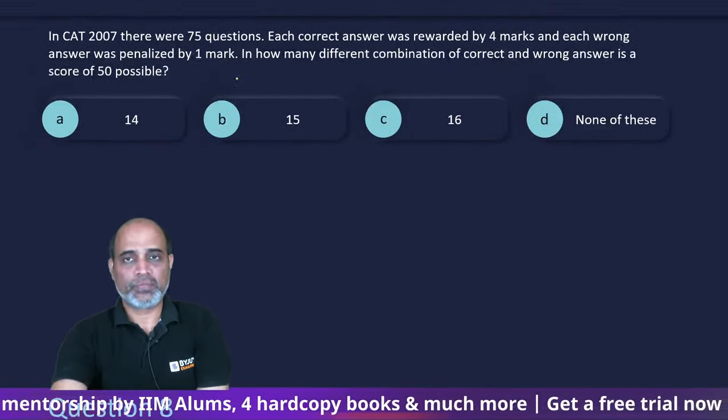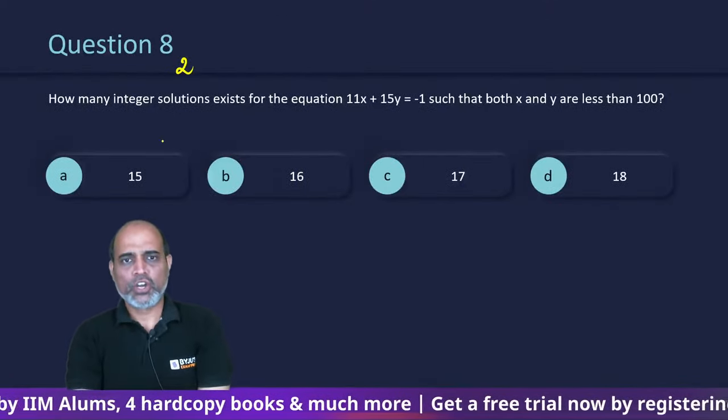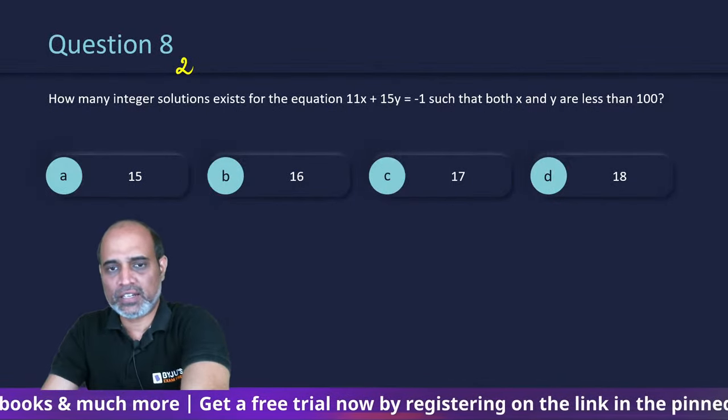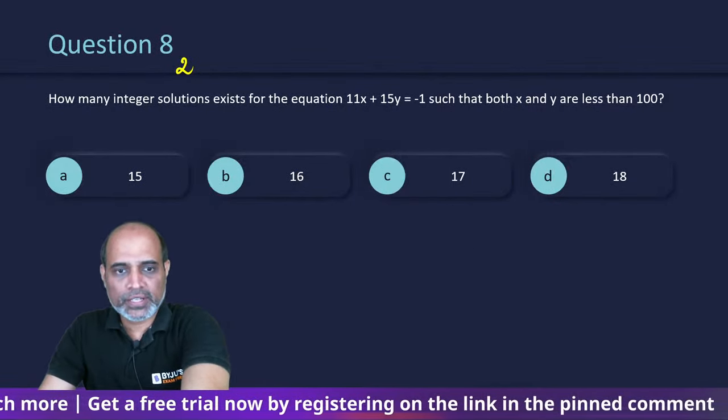2 और 3 मैं अभी भी skip कर रहा हूँ. केवल 2 पे जाएंगे. How many integer solutions exist for this for which both x and y are less than 100? ठीक है. तो